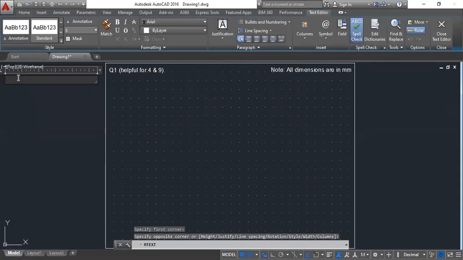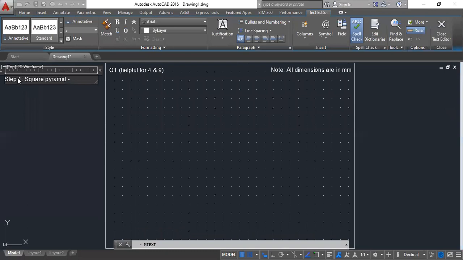Just like planes, we are going to write everything in steps. Step 1: they said it is a square pyramid. Remember, please write this pyramid properly. A square pyramid of 35 base side, which means the size of the square is 35 millimeters, and axis height is 65 millimeters.